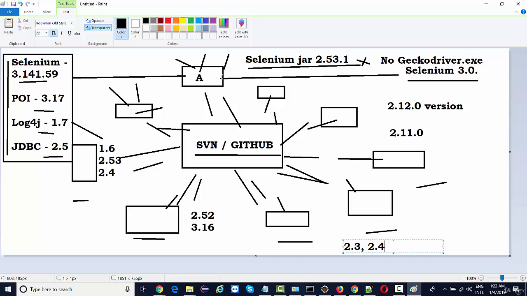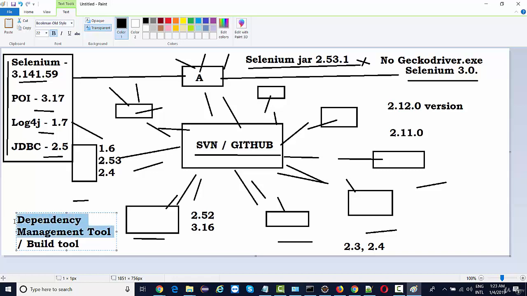Now, in order to optimize this process, what we will be using is something called a dependency management tool, which is also a build tool. First, we're going to look at the dependency part. Later on, we're going to look at the build part. But in order to handle these things, in order to get this dependency management